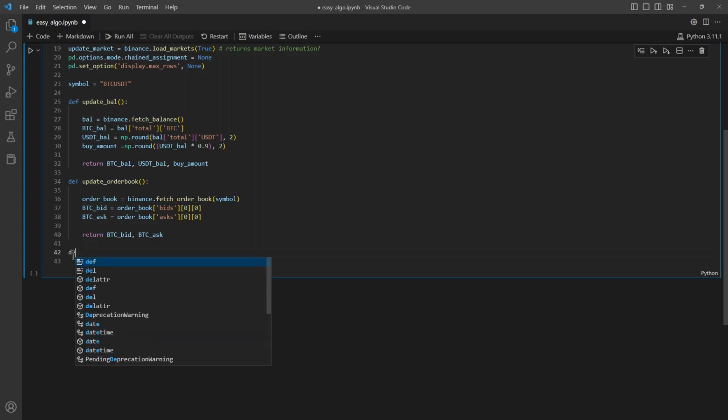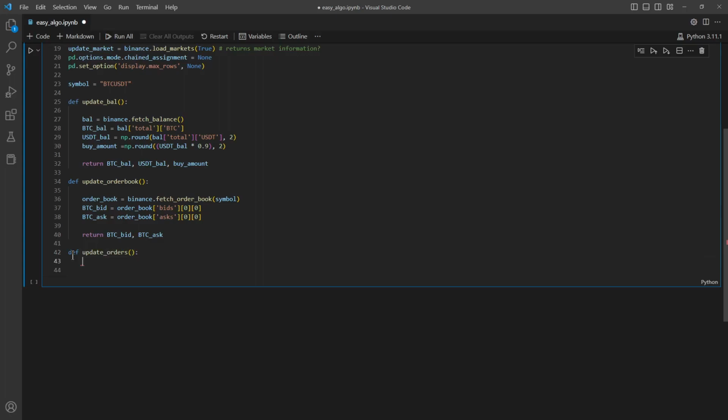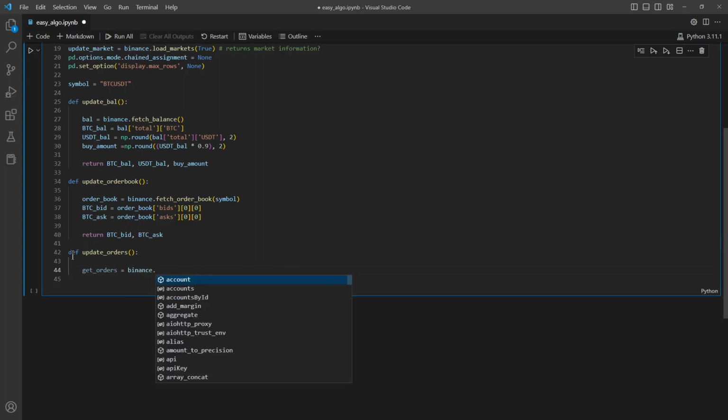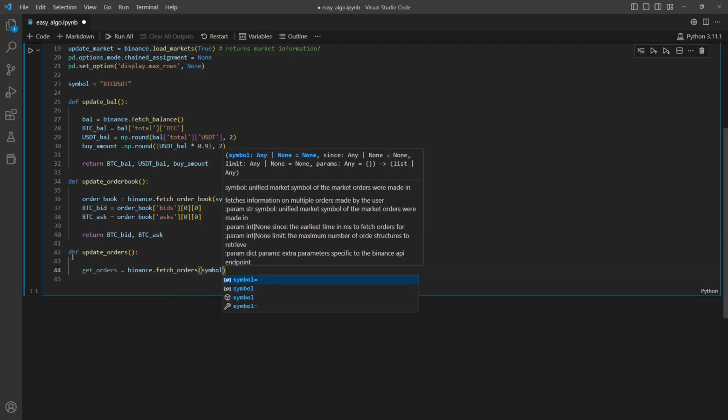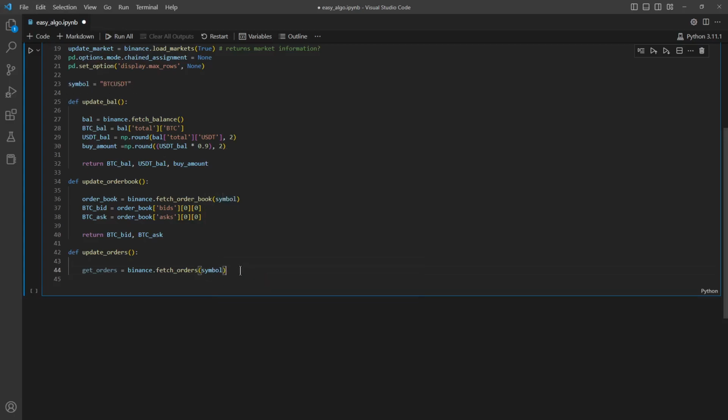So we'll start off by defining our function. We're going to do update orders, and we're going to start off by doing the query. So we're going to call that get orders. Get orders, and we're going to do Binance dot fetch orders, and then you're going to have to put your symbol in here. We define that up here at the top, symbol BTC USDT, and then we are going to call on that